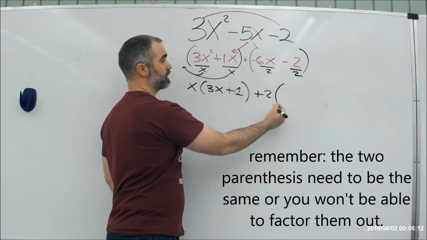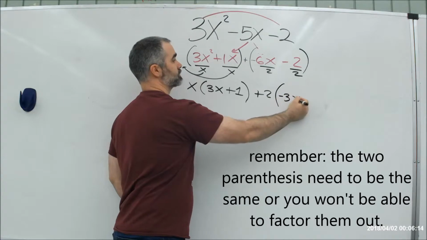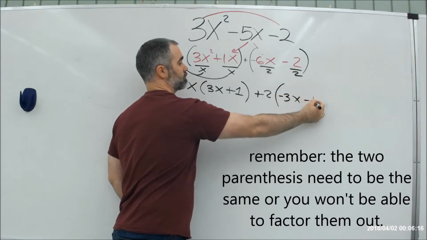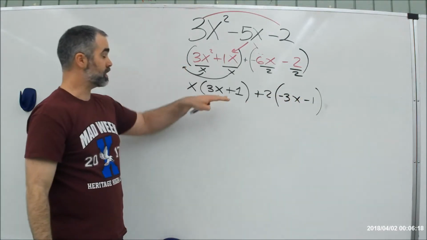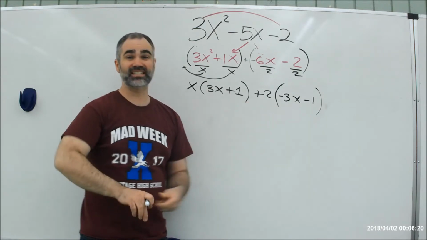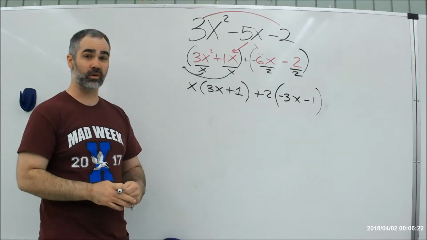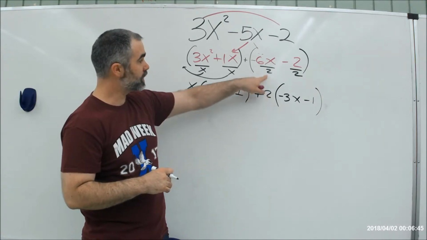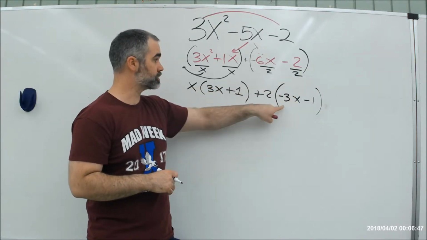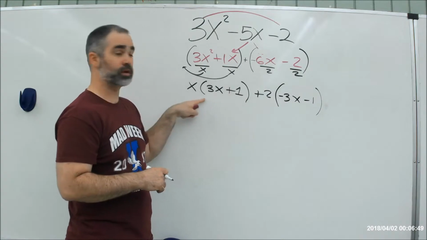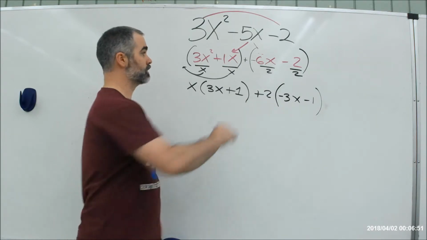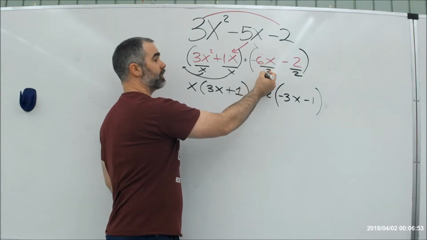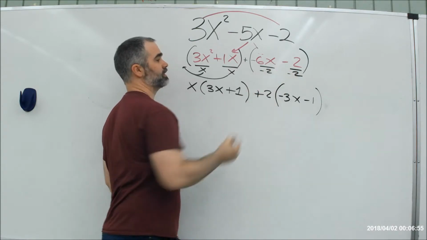Negative 6x divided by 2 is negative 3x. Negative 2 divided by 2 is negative 1. Remember, these two parentheses need to be the same so we can factor them out. And they're not. Let's see if we can change what we factored out in order to make these two parentheses the same. So I'm left here, I can divide out a negative 2 instead, and that's actually going to fix